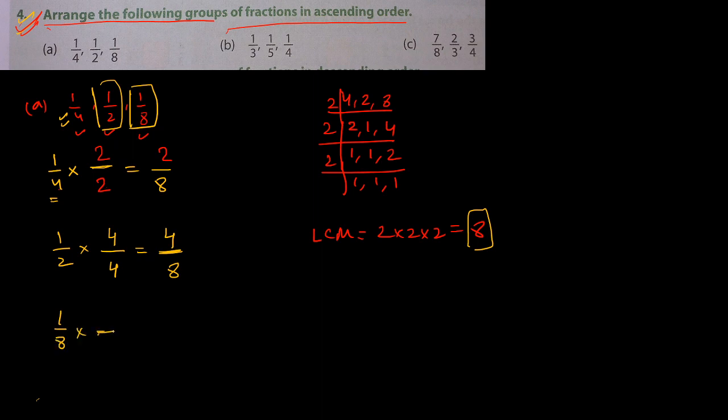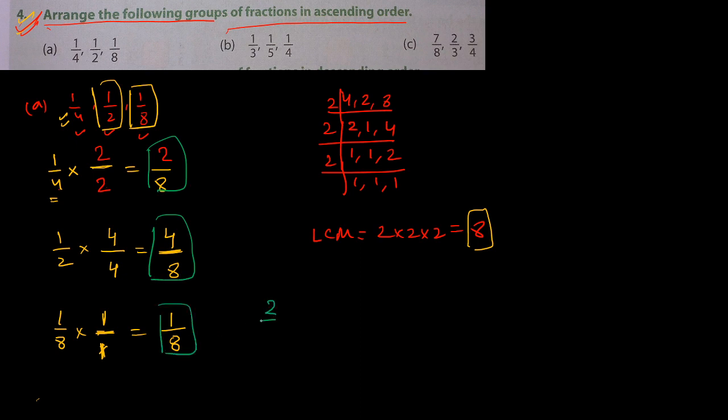Now I will write the next fraction which is 1 upon 8. Multiply 8 with such a number so that I can get 8. So you will multiply 8 by 1 because 8 1s are 8. So multiply 1 in numerator also, 1 1s are 1. So finally, which fractions we have got? We have got this, this and this fraction.